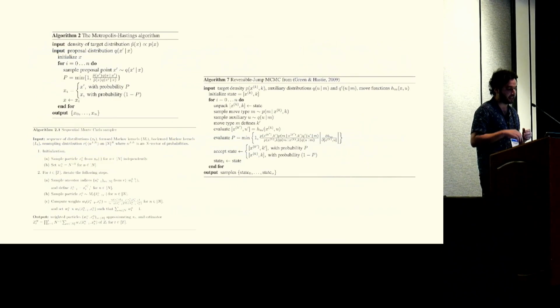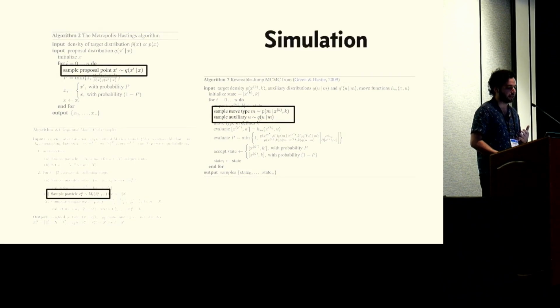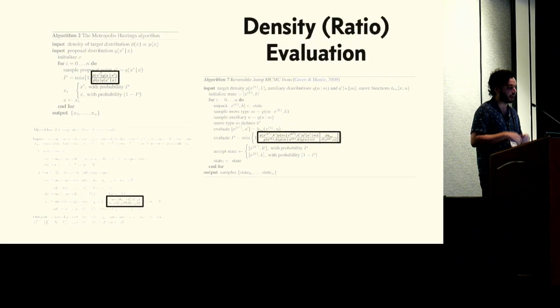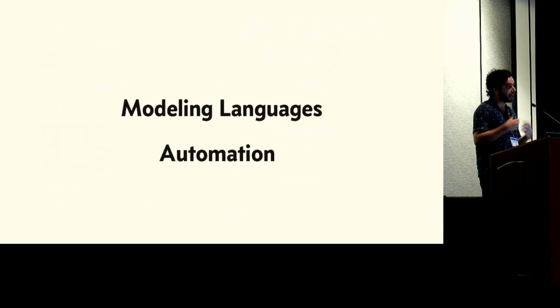Well, I'm showing here 3 examples of different inference algorithms for probabilistic reasoning, and although they're all different, they rely on the same core operations: simulating from probability distributions and evaluating probability densities. Or more often, you're evaluating probability density ratios, which quantify how much more likely an outcome is under one distribution than another. And when we design a probabilistic programming language, our goal is to craft a modeling language that's really expressive, but also that makes it possible to efficiently automate these density operations. And unfortunately, those two goals are often in tension.